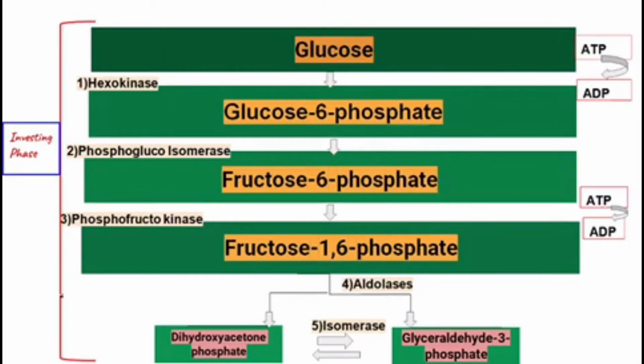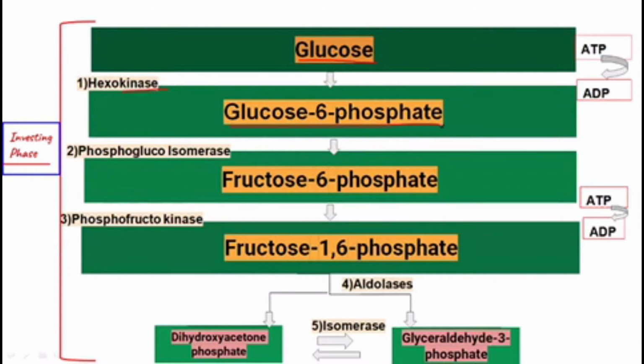As you can see, these first 5 are known as the investing phase. In the first step, we are converting glucose to glucose 6-phosphate. As we need phosphate here, ATP will be converted into ADP with the help of the enzyme hexokinase. Whenever we use a kinase enzyme, it will always mean the conversion of energy from either ATP to ADP or ADP